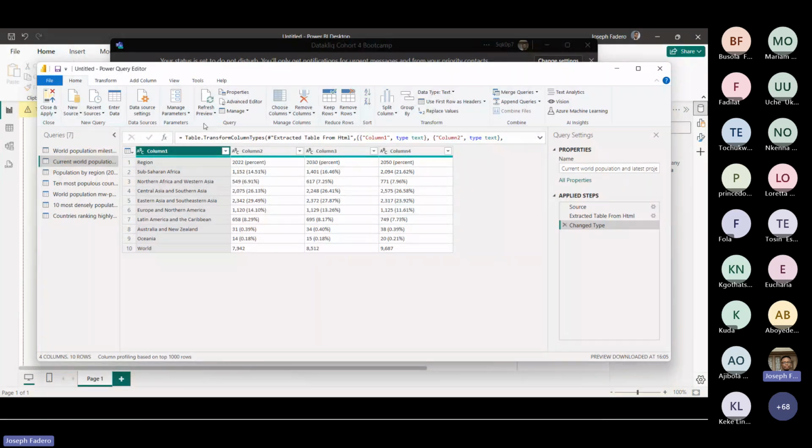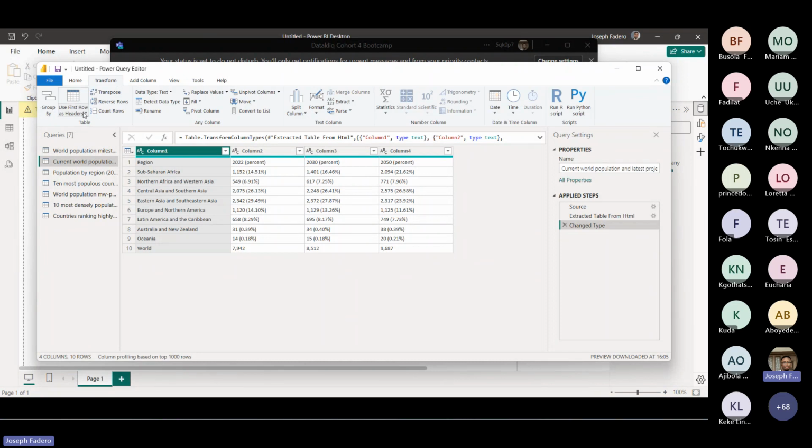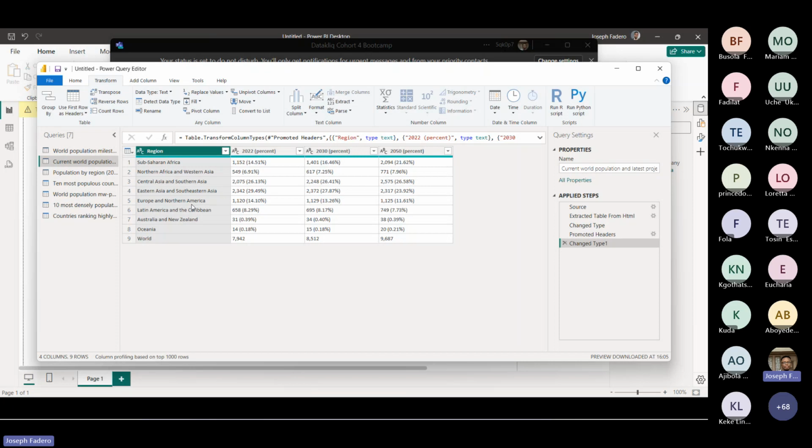So under the transform step, we can do something called use first row as headers, right? Use first row as headers. That shows that we are actually paying attention, and we actually listened to some of the things which were taught during the Excel course.